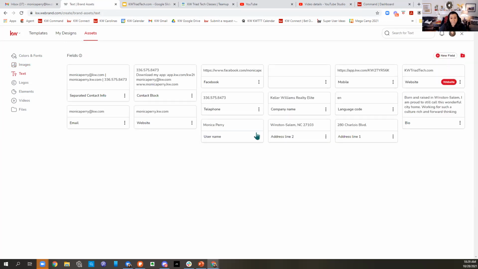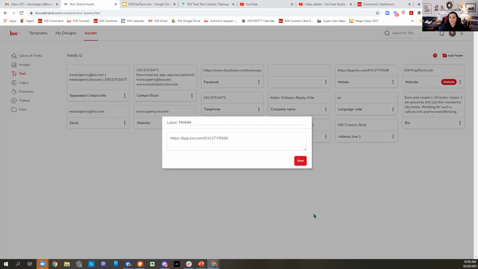Under text, anything that you're going to have to type over and over and over again, you can add it here under text. So you can see that I've done a few different ones. I've done a contact block because as I've gone through and made designs, I've learned that there are some places where all of my contact information is just in one block in that format. I also found this format, so I went in and created myself this one. But my name, the company address, my phone number, my website, my email address, anything that I would have to type repeatedly, I have gone in and added